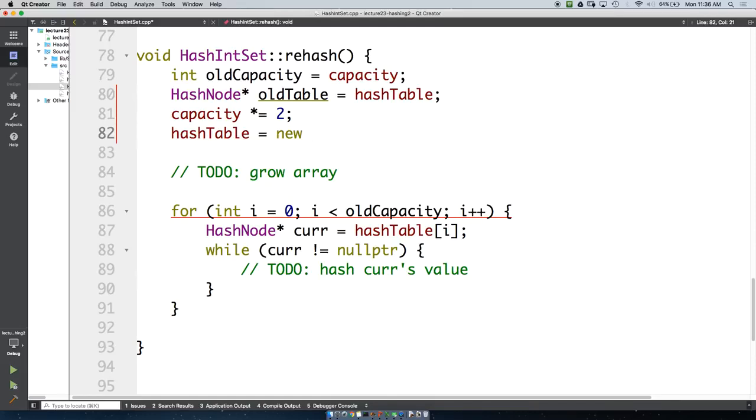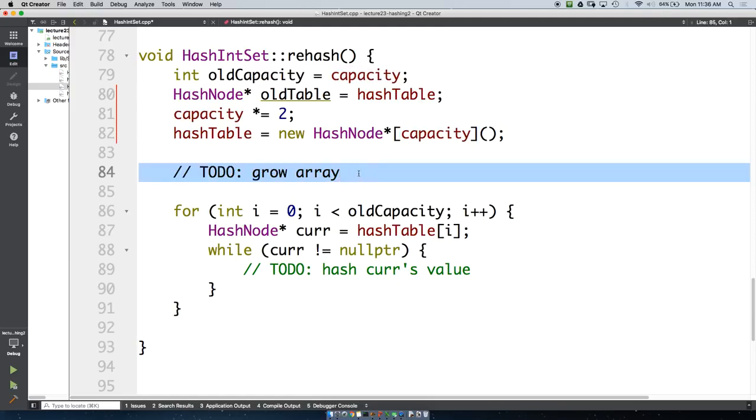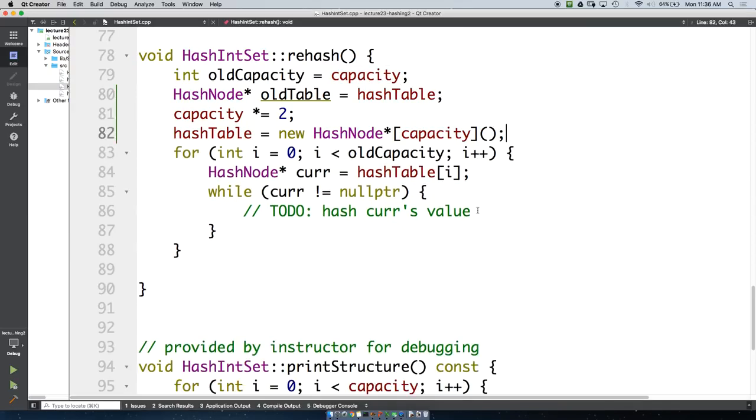Does anybody remember what our hash table type is? It's an array of what? Yeah, pointers to hash nodes. Okay, so then we would put in capacity because we want that many buckets. And you put the parentheses so that everything ends up being null. Okay. Now down here,